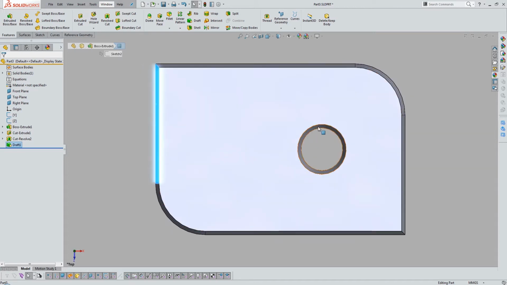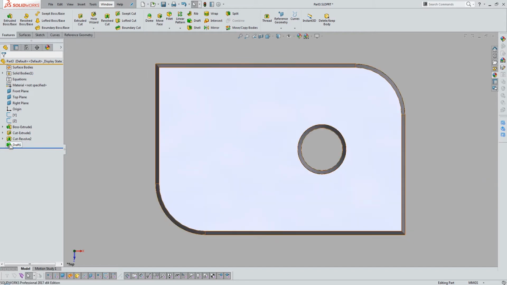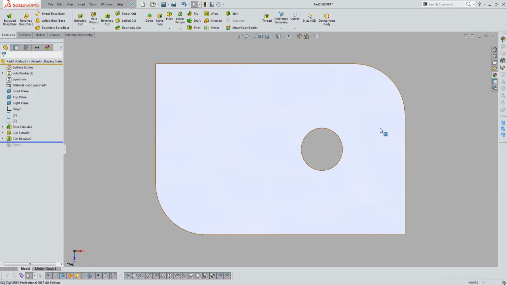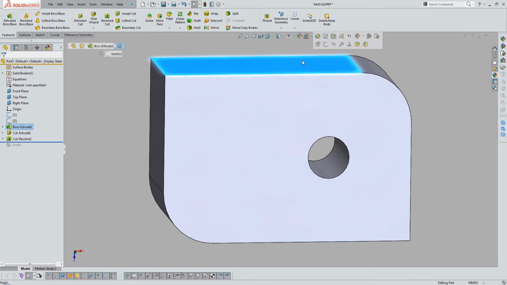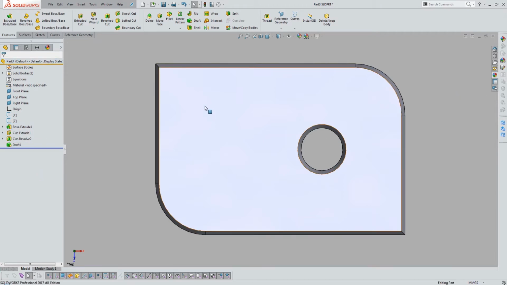I can see this face. Now if those faces weren't drafted, we can simulate that by turning the draft off. Now I can see the edge, but I can't see the face. If a part is drafted in a particular direction, in this case from the top, you'll know if you're able to pull something out of the mold basically based on whether or not you can